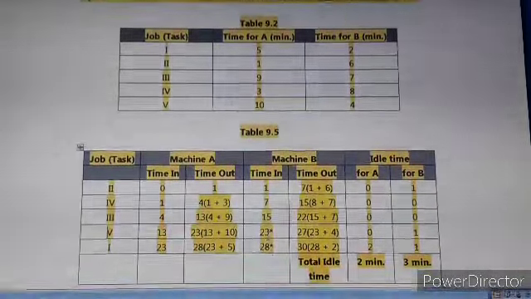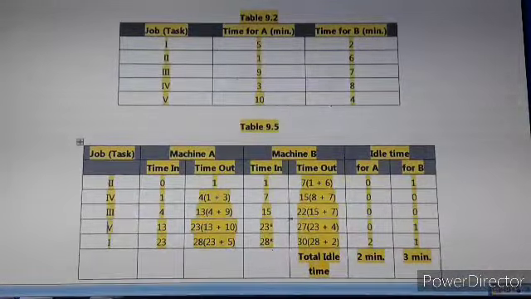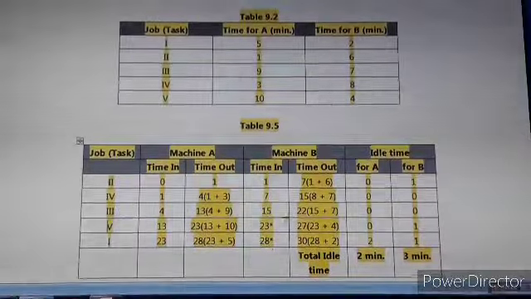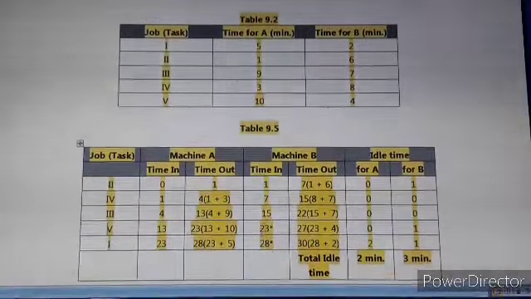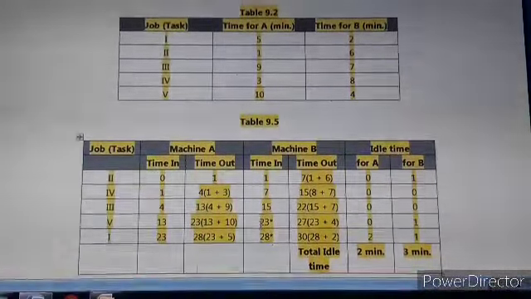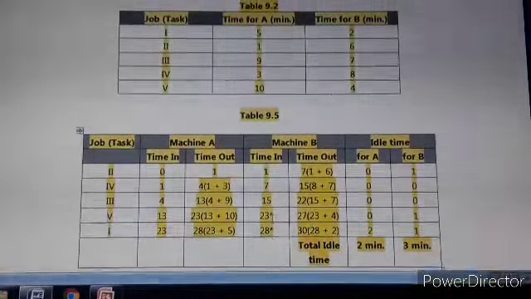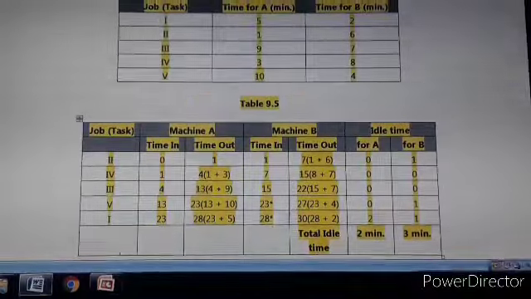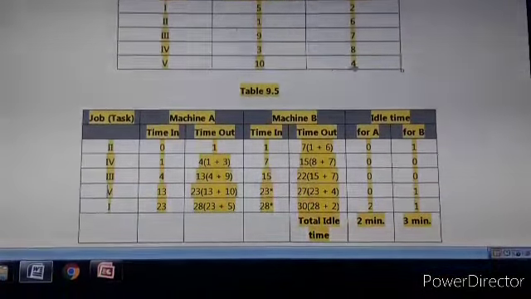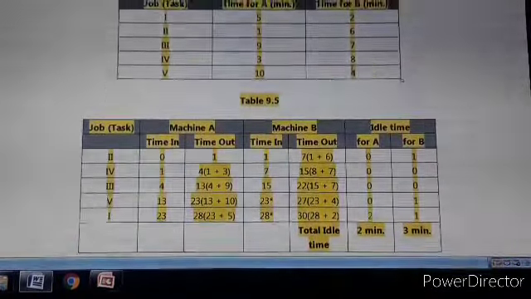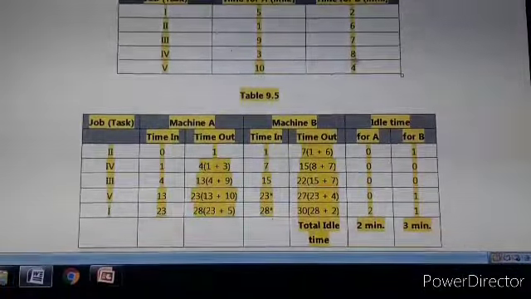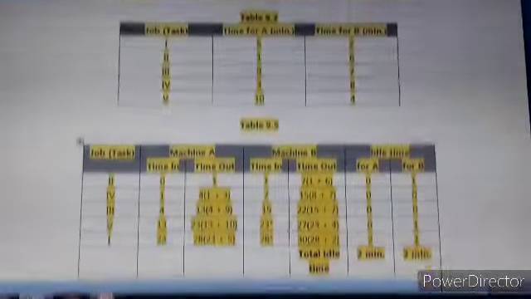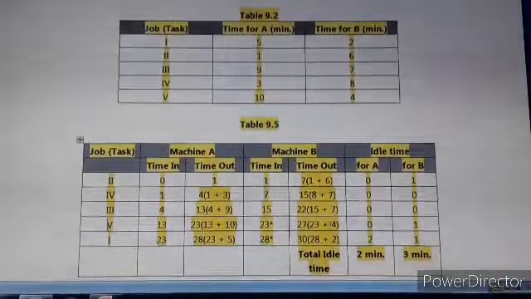Since the time out for job 3 is 22 minutes, we cannot take 22 directly here. So that's why we have to take here 23. So that's why here we have star mark. So time in for job 5 is 23 minutes, and for that it takes 4 minutes. That job 5 takes 4 minutes on machine B. So we have to add 23 plus 4, it is 27.